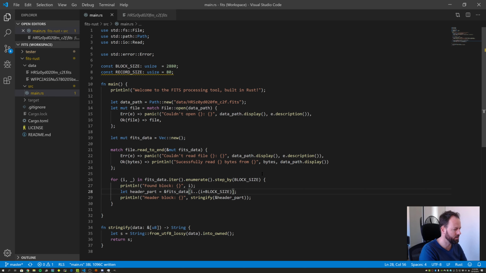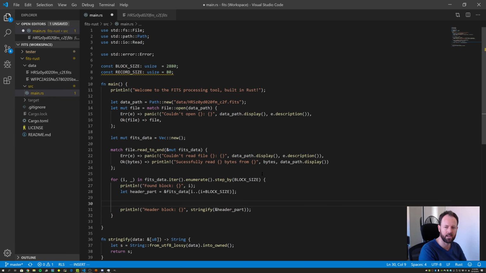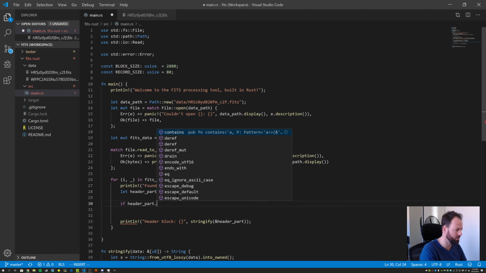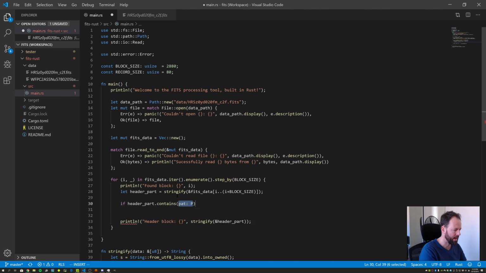And so to do that, I'm going to do something like, I'll just do this, stringify. Okay, so that's the header part, and then I'll just say, look, if the header part, and then there's something that because its header part is now a string, I can do .contains, and that's where I pass a pattern. And so I'm going to pass end surrounded by white space,